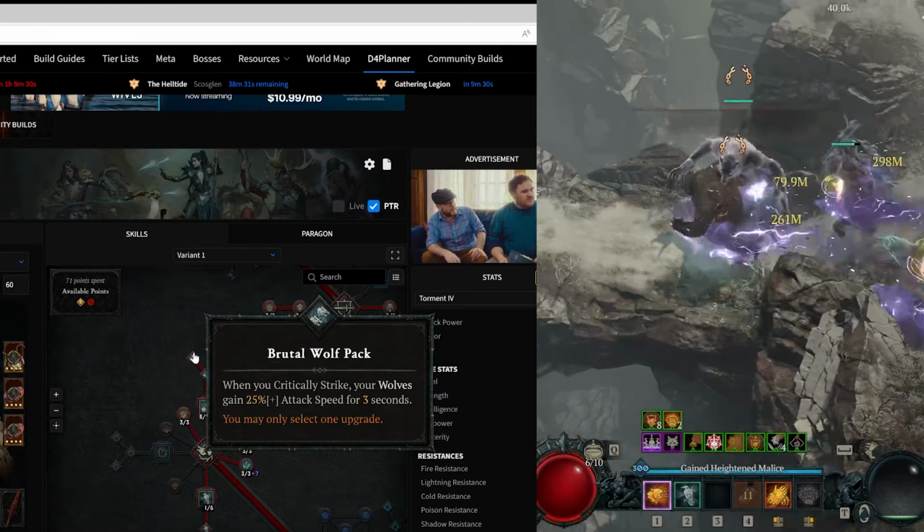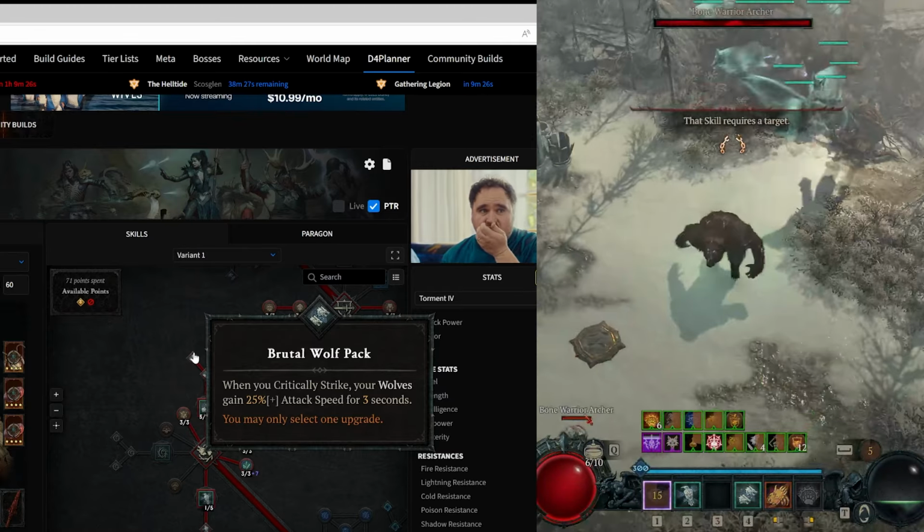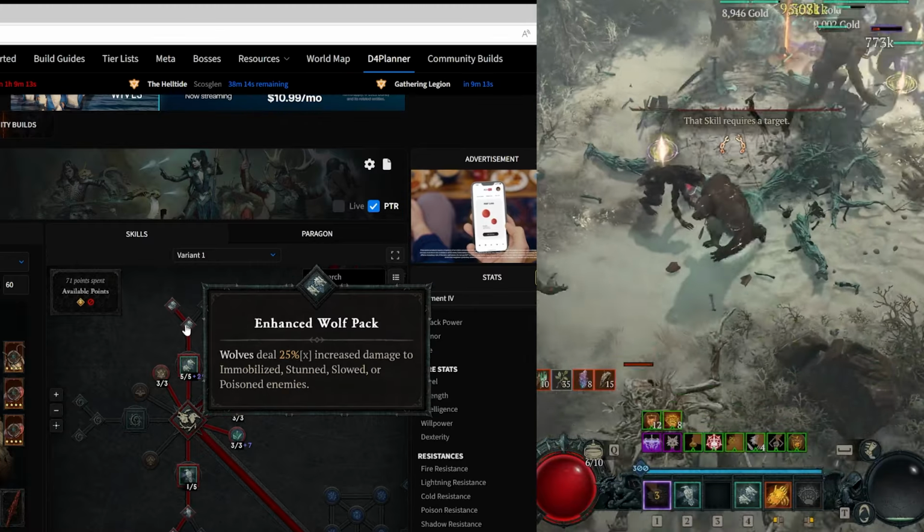Because I know getting the first Uber unique, all you have to do is finish the season journey, etc. You don't have to do anything super crazy to get the first one, or do a crazy amount of farming. So, wolves: enhanced wolf pack, brutal wolf pack, 25% more damage to immobilized, stunned, slowed,